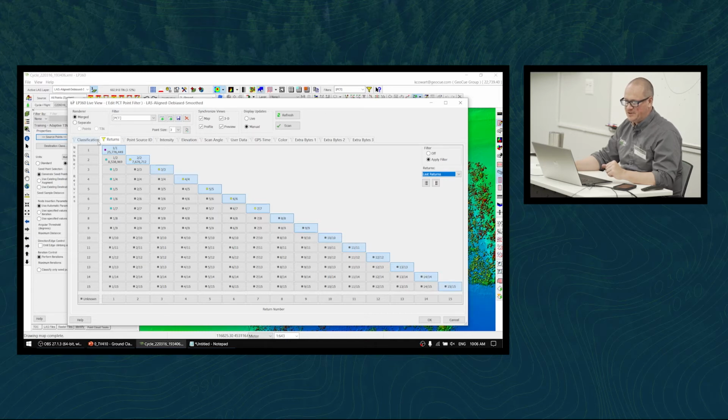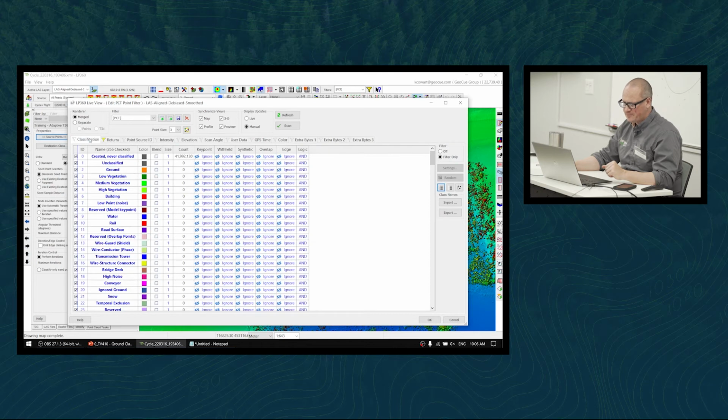But one setting that we do want to apply is, let's go over to the classification tab. And on this one, currently all of our points are in the class 0, created but never classified class. But eventually as you iterate on your data set and you classify trees and buildings and high noise, low noise, various things, you're going to start getting points in different classes. And if you run your ground classification after that, you only ever want to use class 0 and 1